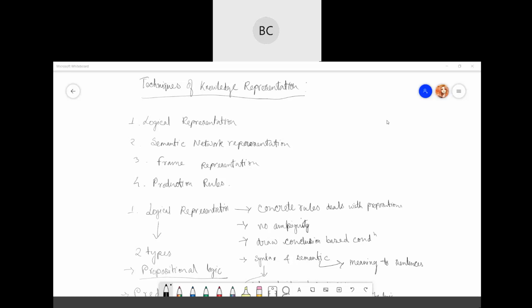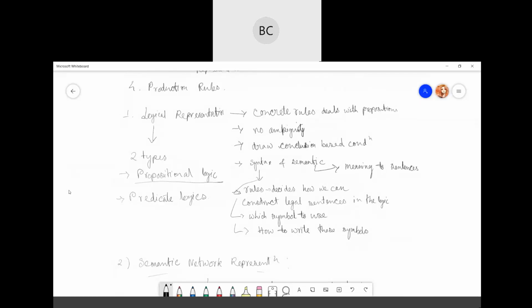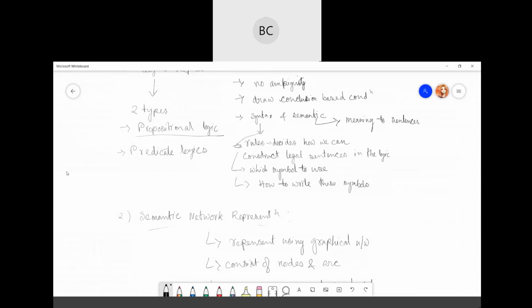In logical representation, there are mainly 2 things: syntax and semantics. Syntax tells you how to construct legal sentences with the help of some symbols, and semantics gives meaning to the sentence.